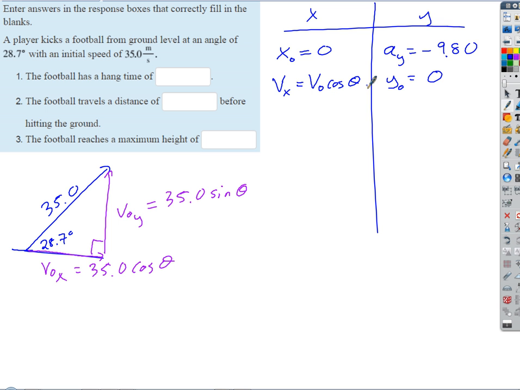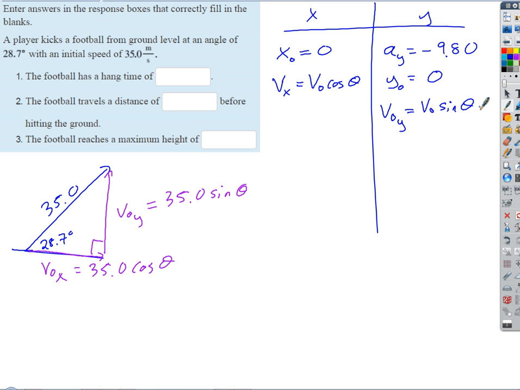That's a number. We know that V naught sub y equals V naught sine theta, okay? And so that's a lot of stuff. Now we want to find hang time, we want to find distance it travels, we want to find maximum height. How could we approach this problem? We did some stuff similar to this before. What do you think? Right, well, I forgot, what is the actual math for figuring out V naught y